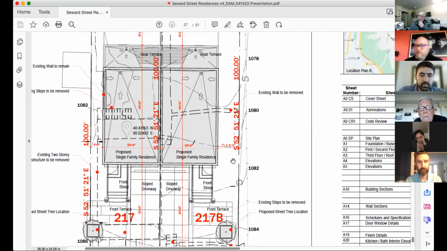Hey, Paige. Yes, sir. We have a question in the chat from Lisa. When the other houses across the street were built, she thought the street drainage issue was resolved. Even though it appears nicely fixed, when it rains it still turns into a stagnant lake. What are you doing about any other issues regarding stormwater control? We will meet all of the requirements for our stormwater runoff. And one of the things I was looking at on the site itself is the reason for the buffalo grass: we want to make sure that the water that enters our site is drained on site as much as possible and not leaving the site.